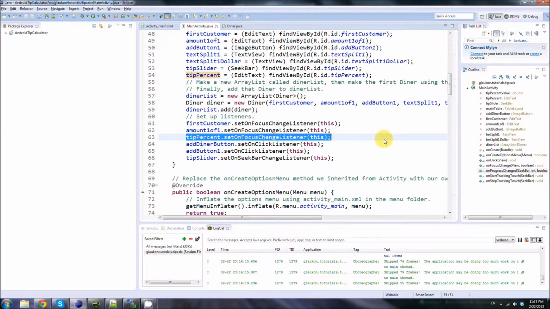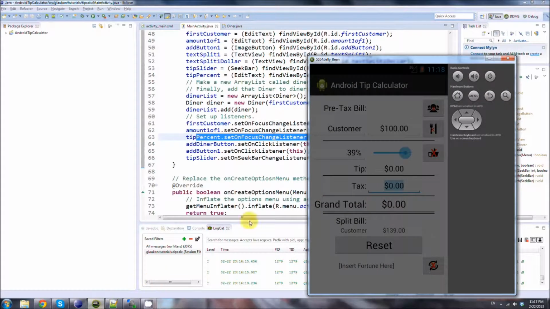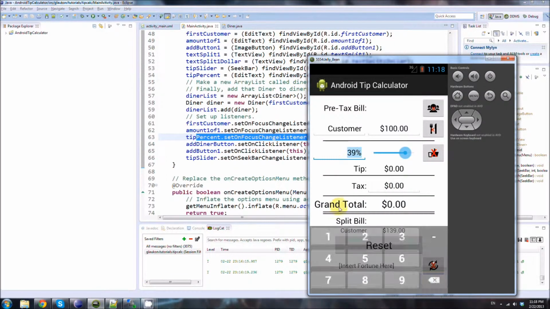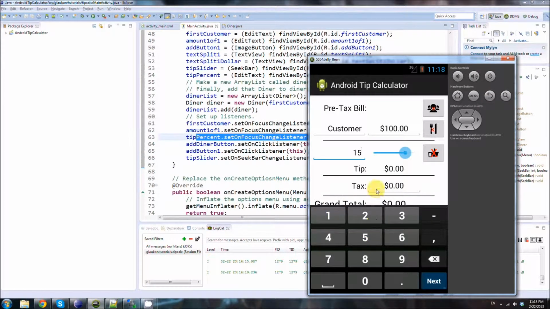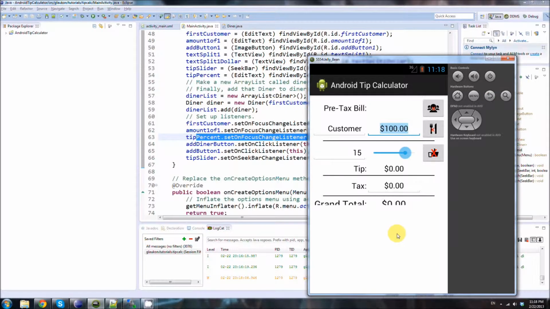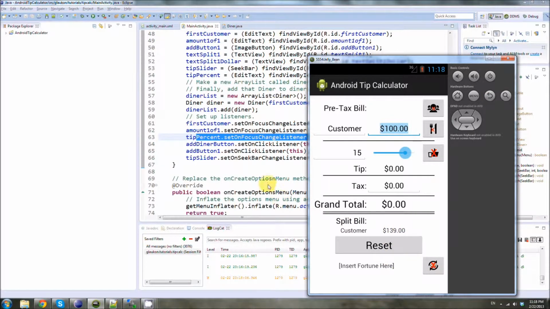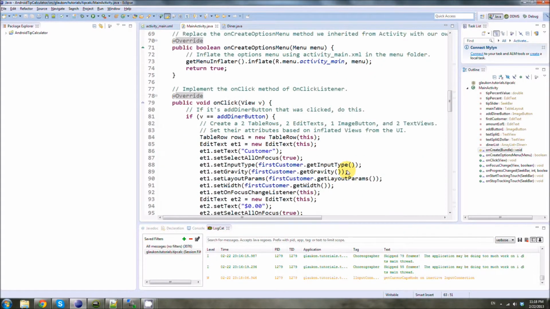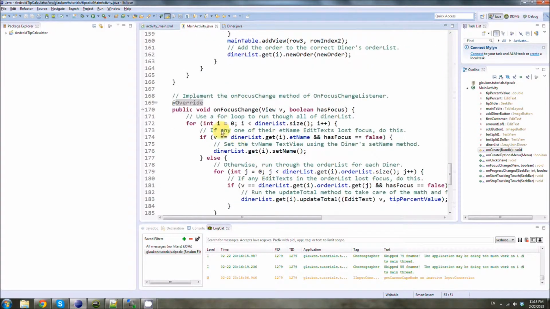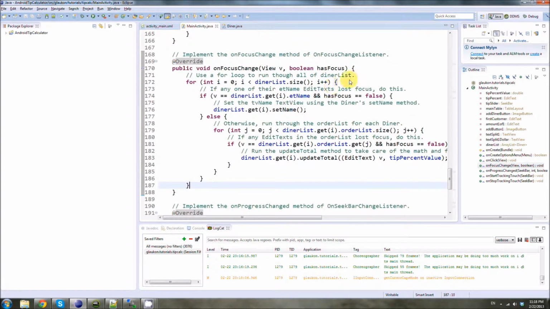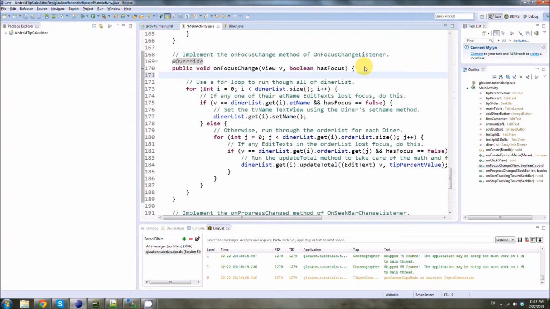I already wrote it here: get tip percent to be listened to by main activity, so set onFocusChange listener to tip percent. Because what we want is, if we edit tip percent to like 15%, we want it to click out of it and then have the tip slider update, as well as have stuff down here update. So we have to set the listener and then go down to onFocusChange, and at the top of it create a new if block,